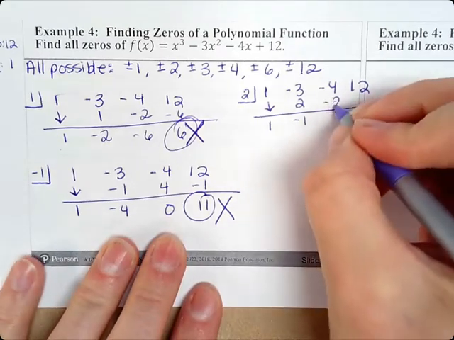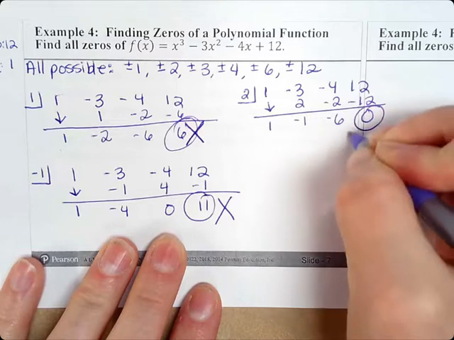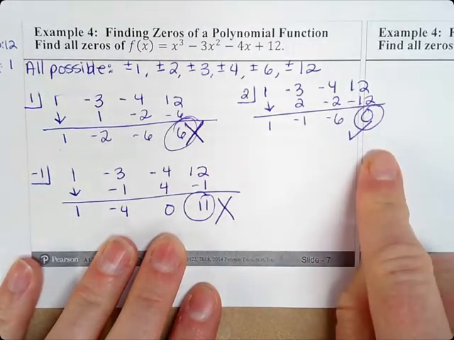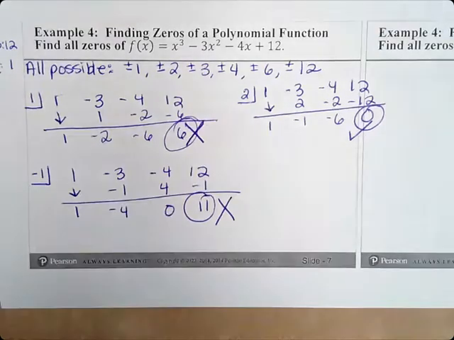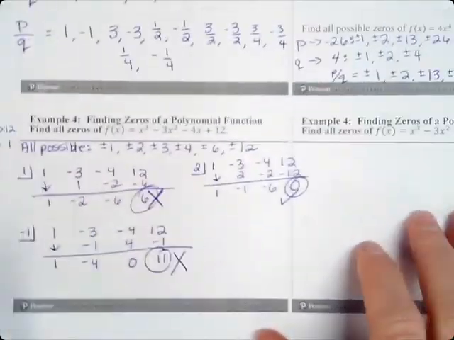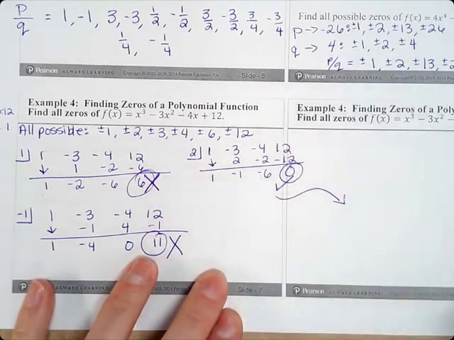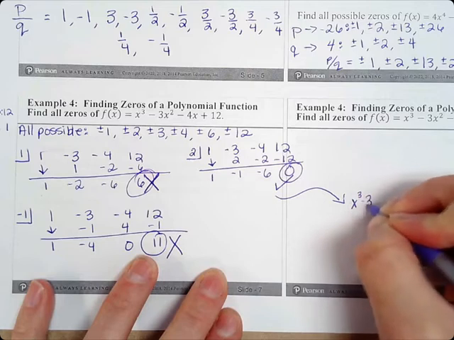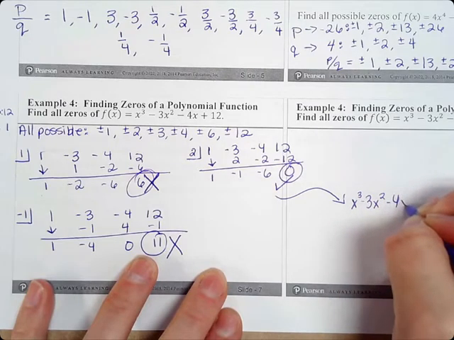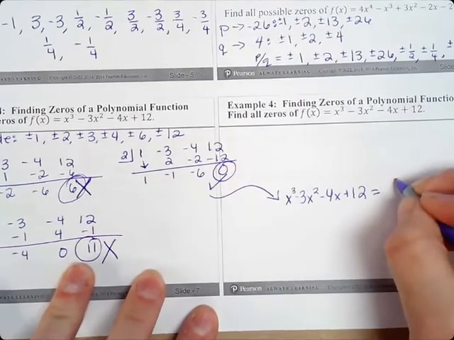Yeah, because since it's extra than 30, I can try 3. If 3 doesn't work... Okay, so 2 works. Once you find one, you don't have to keep on going because we can do something that's a little easier now. So what this tells us is that x cubed minus 3x squared minus 4x plus 12 is equal to